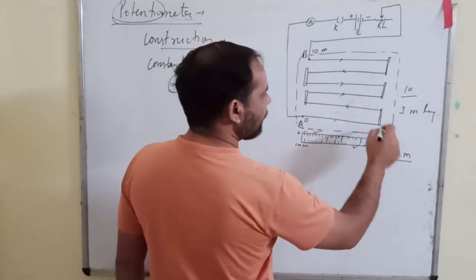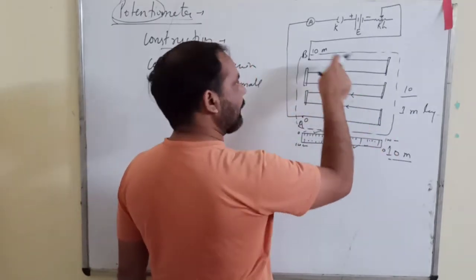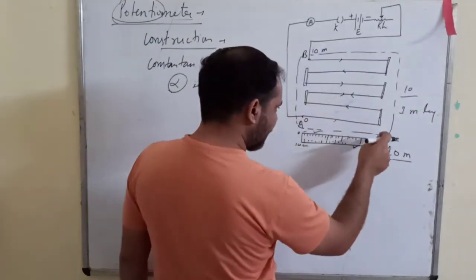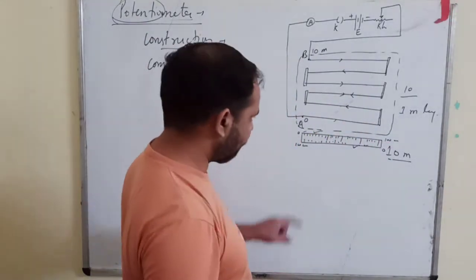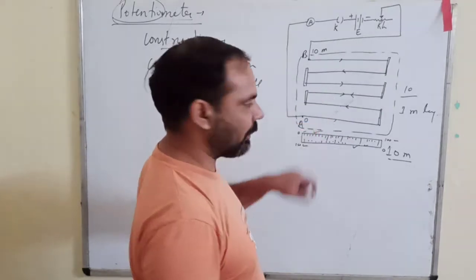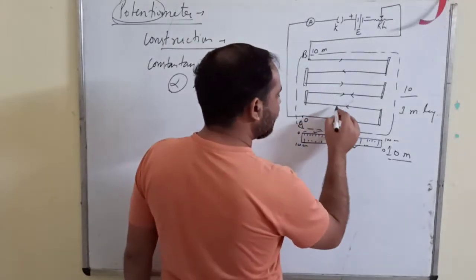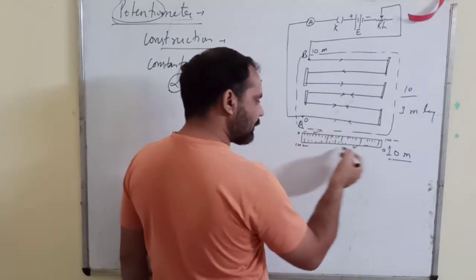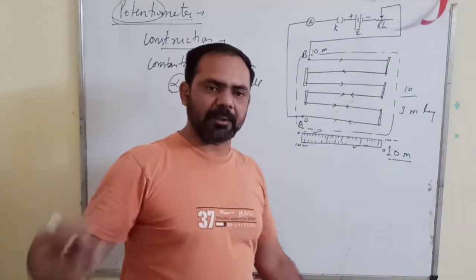Next with the upper scale. In that case, if this is connected to the positive terminal, then the length of this wire will be measured with the lower scale. Opposite to the previous one. Then this length will be measured in this direction, so upper scale. This length, this direction, lower scale. So it is in this way.